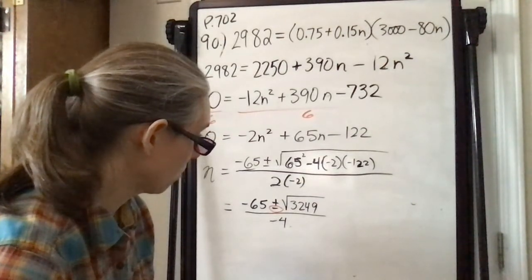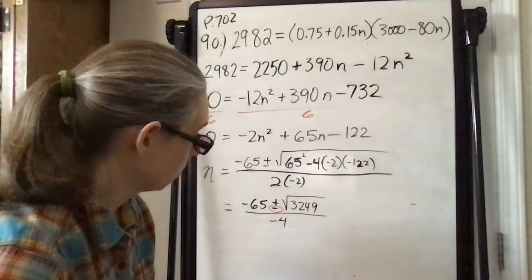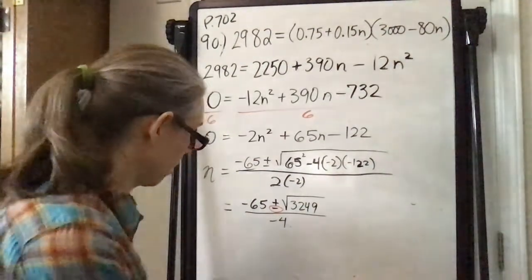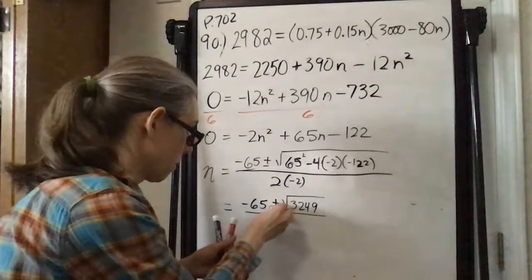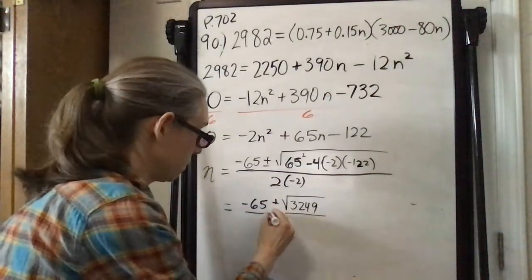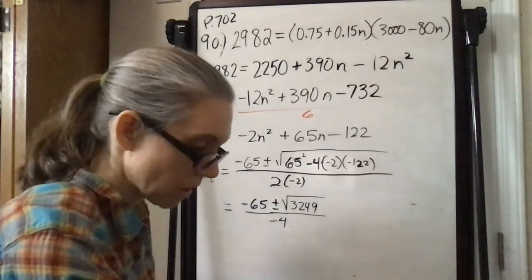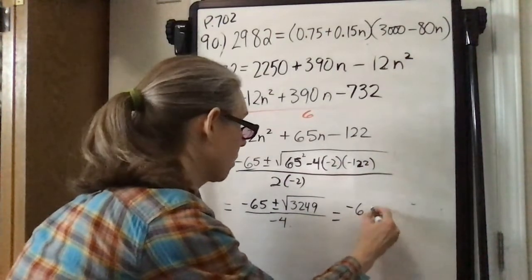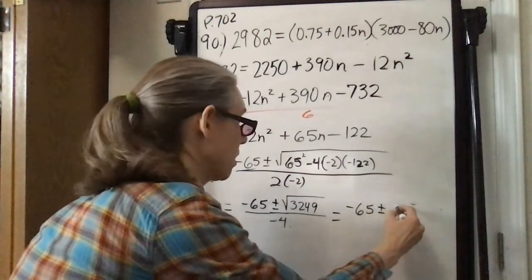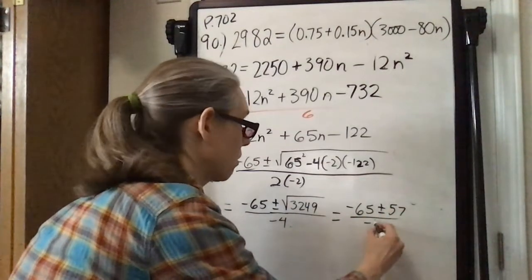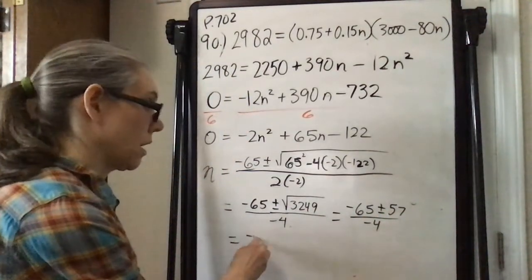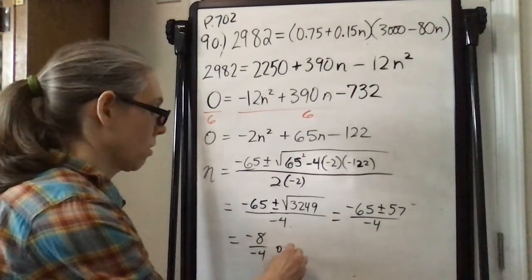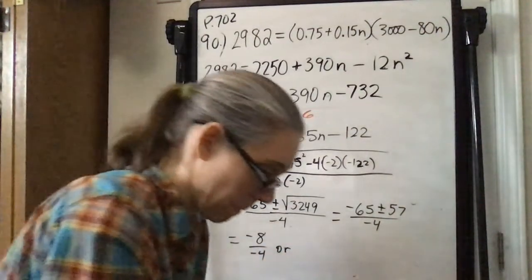Ooh, actually both of them would end up being used here. I'm not going to circle either one. 3249, as it turns out, is a perfect square. It's the perfect square of 57. So negative 65 plus or minus 57 over negative 4 will give me a negative 8 over negative 4, or